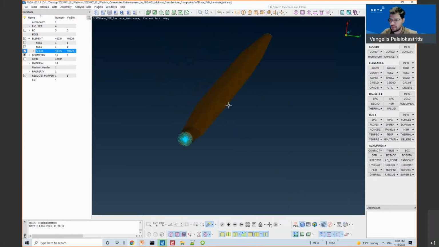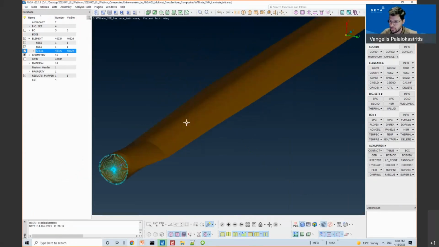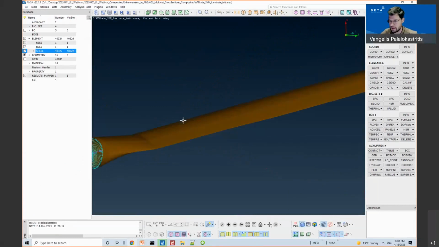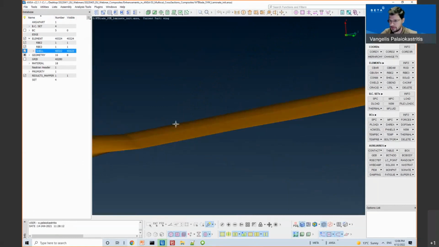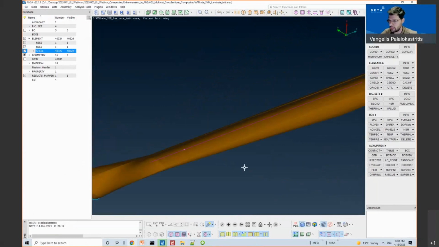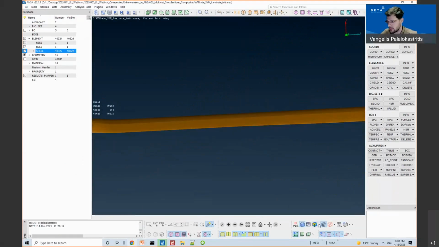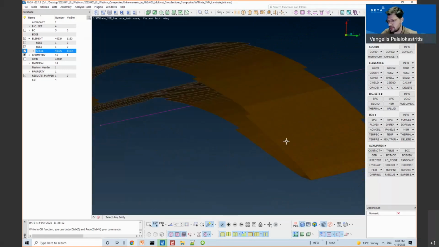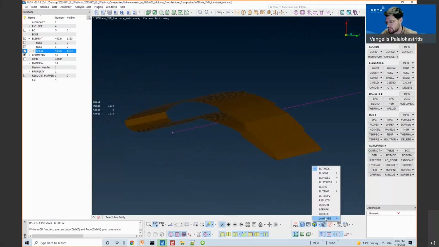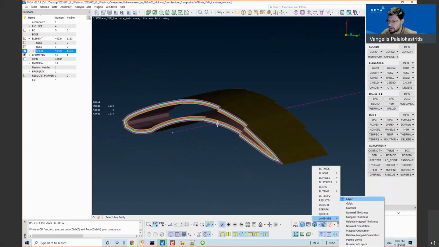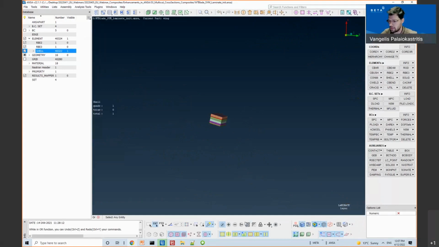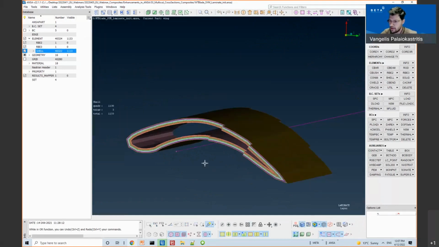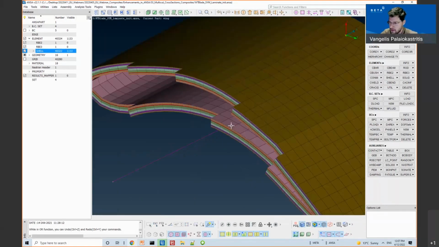Okay, so here I have a model that consists of a laminate property. I will do a cut here and switch to the laminate view. So the lamination looks like this.